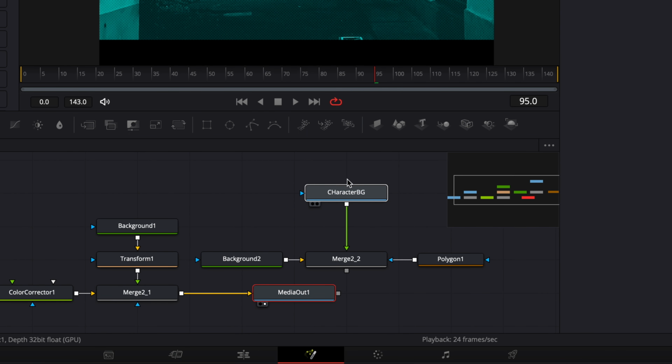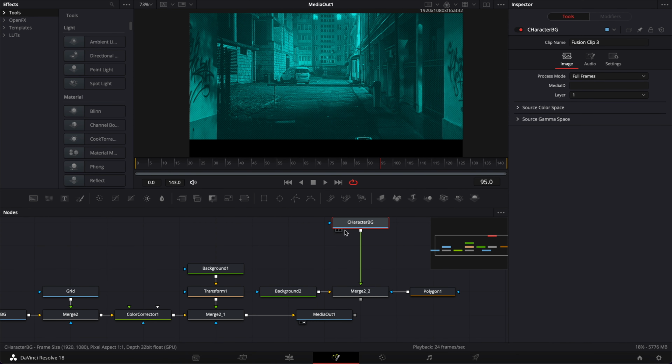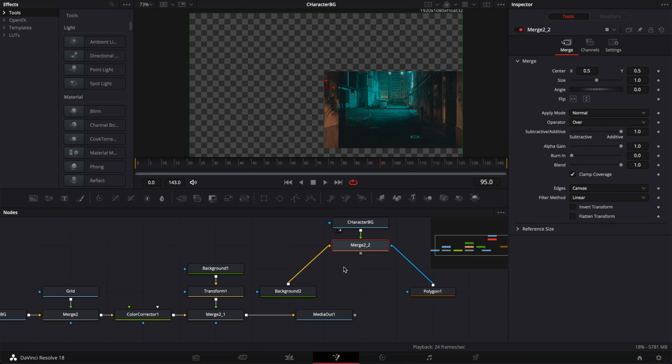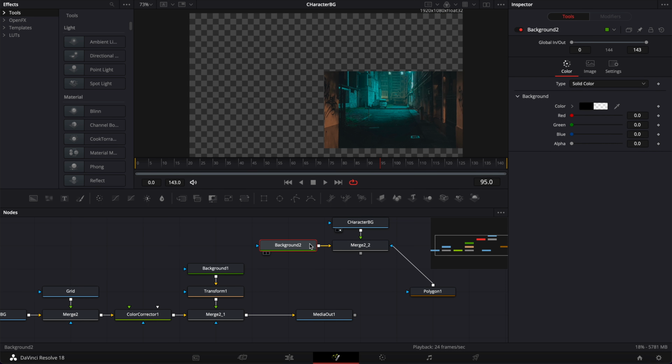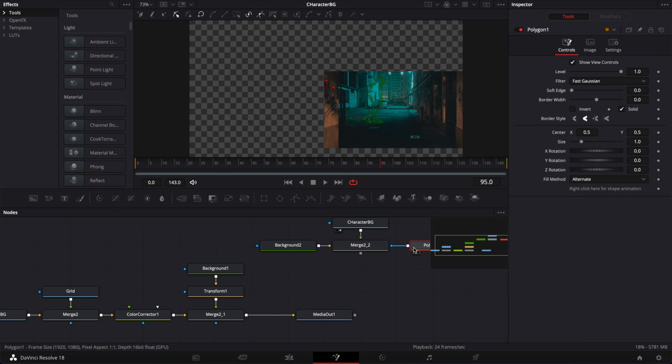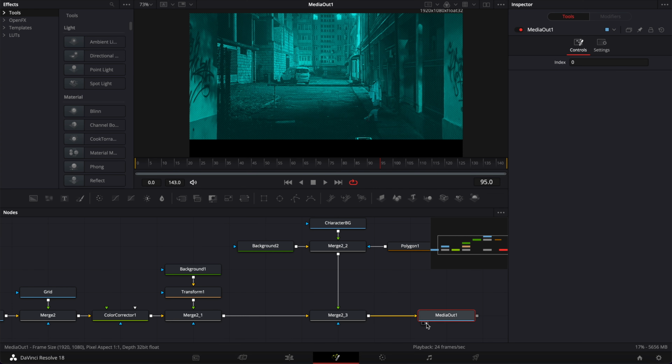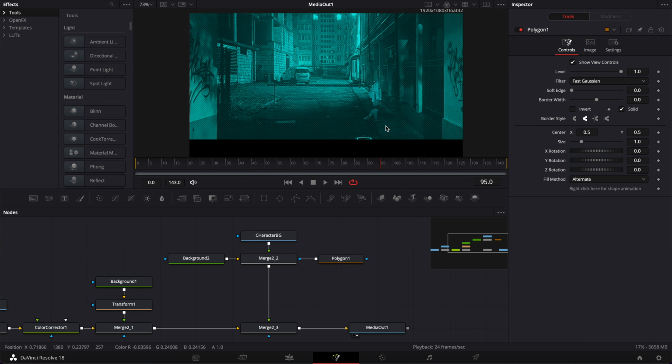So again, here we have the character background that we've created, which is the clip. Then we have merged that with the canvas here of the background that is transparent, so yellow arrow. And then here we've just linked to the mask input, the polygon mask that we just created. And now we're just gonna link the output of that merge to the main composition. So now it's just bringing the character into our main composition. We're just gonna adjust the position and put him here on the pavement.